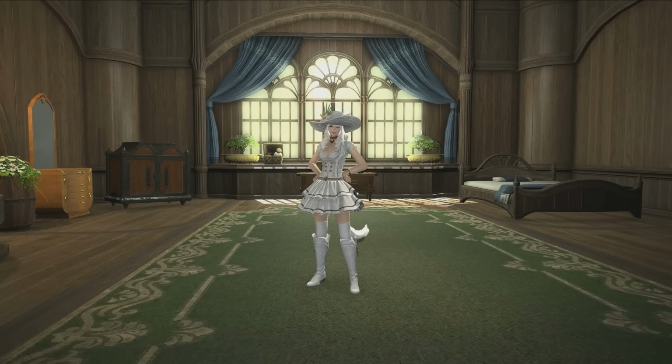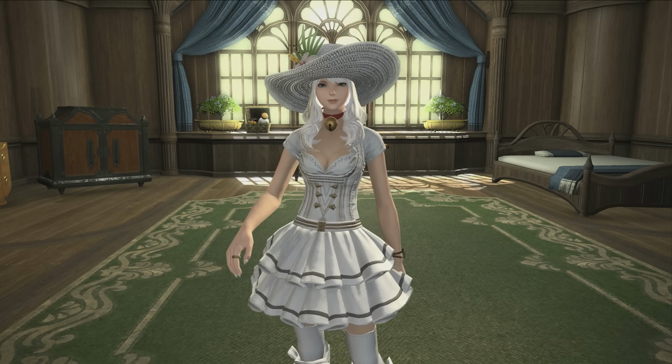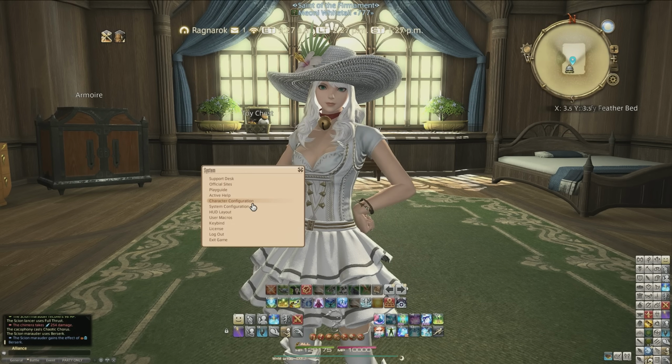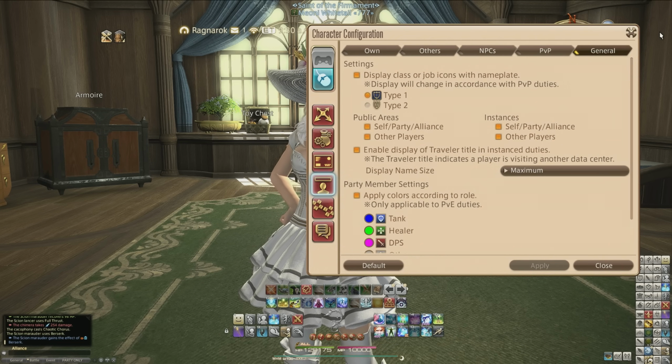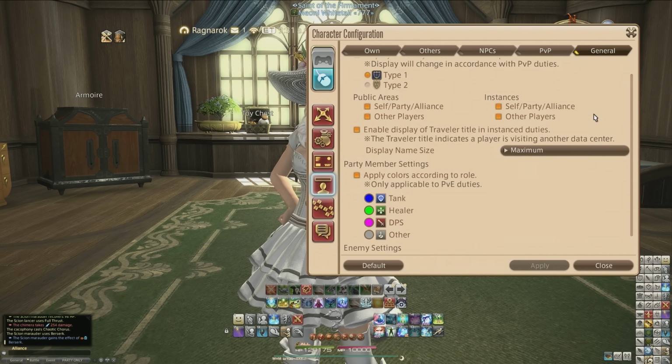This might be my favorite quality of life change they have ever done in Final Fantasy XIV. Added in patch 7.3, we now have the display progress bar option in the menu. If you go over to the character configuration, display name settings on the left there, and then the general tab, and go all the way to the bottom, there's a new enemy settings section that has a tick box that